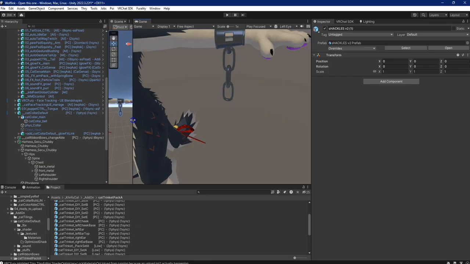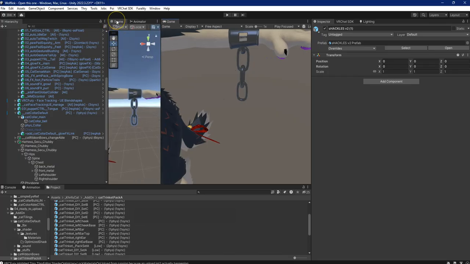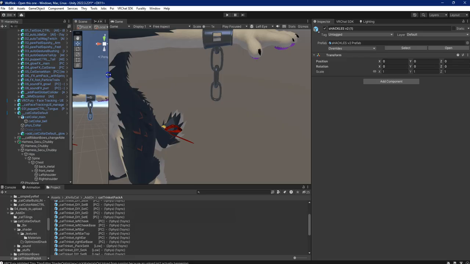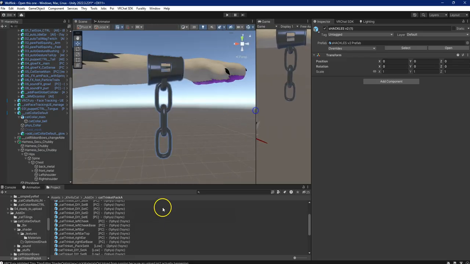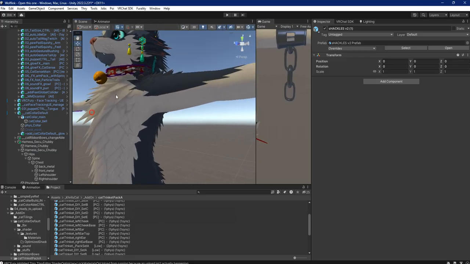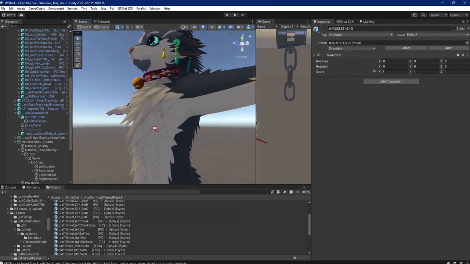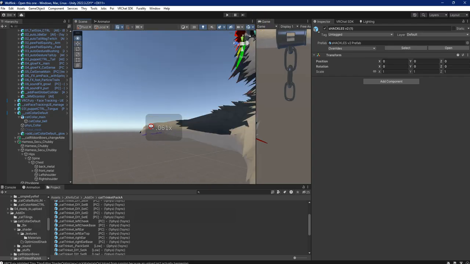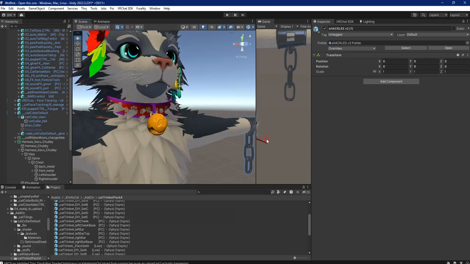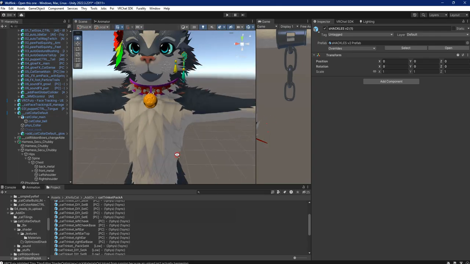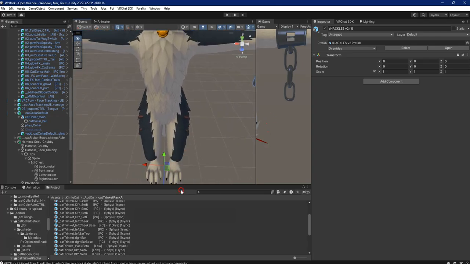And also note that there's a difference between the scene window and the game window. In here, we can't really click on anything. So keep in mind which is which. This is why I like to have the scene and game window side by side, so I can always tell. And yeah, now that we've gone over basic